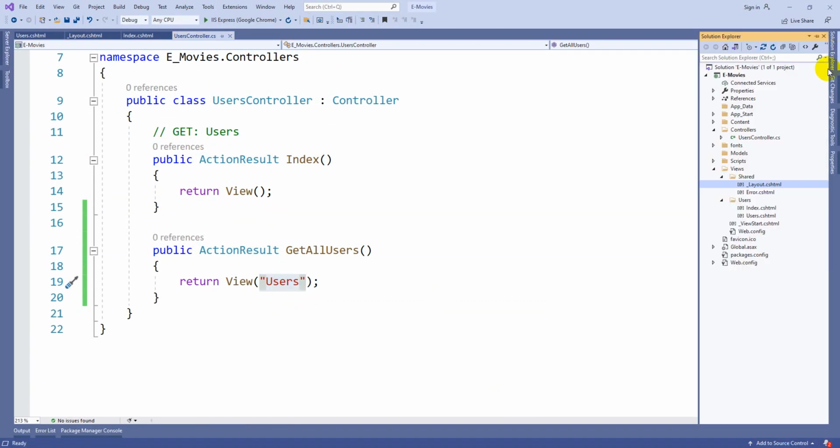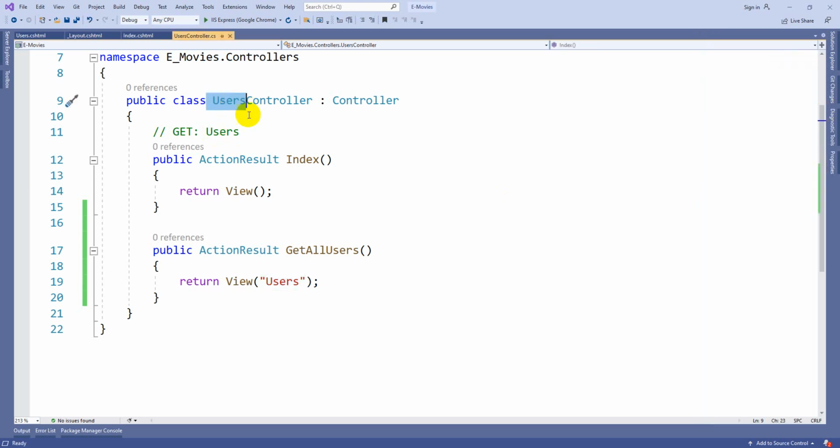But here there is a logic, guys. You should try to understand. When the view is in the same folder as the controller name, Users, you write it this way. Suppose it is in another folder, then you need to write it like this. This is called the source path folder slash. Suppose it is in the Home folder, you need to write Home slash Users.cshtml.